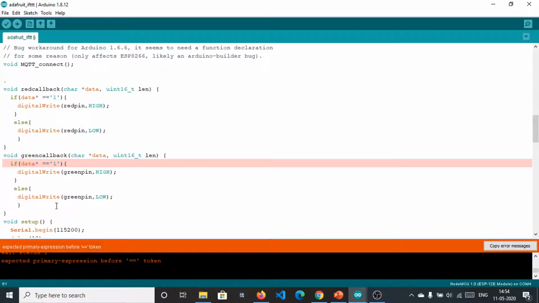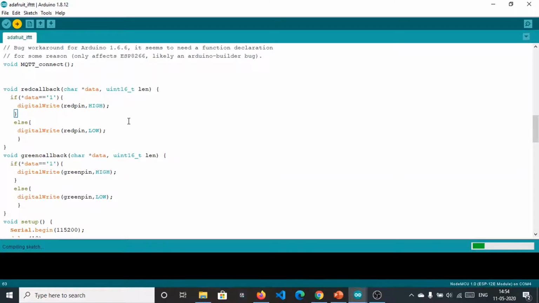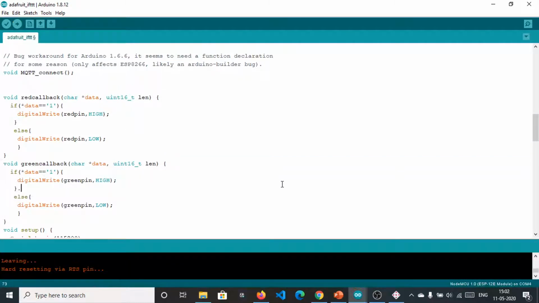There is an error right here, so basically I have missed this syntax, so let me correct it. You need to put the pointer like this, since I am not coding too much in the C language. So upload it again. The sketch is uploaded now, and now we need to check if it is working fine.